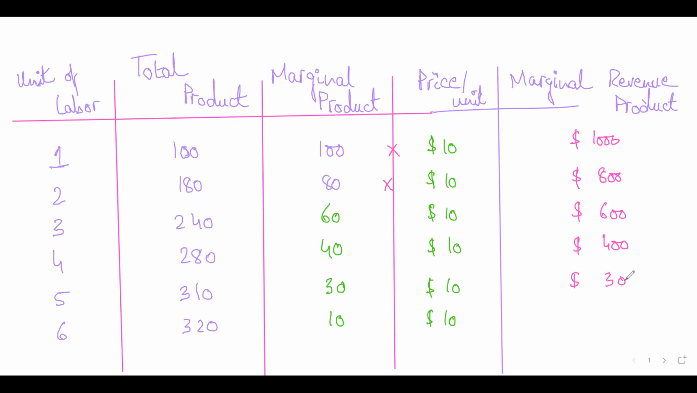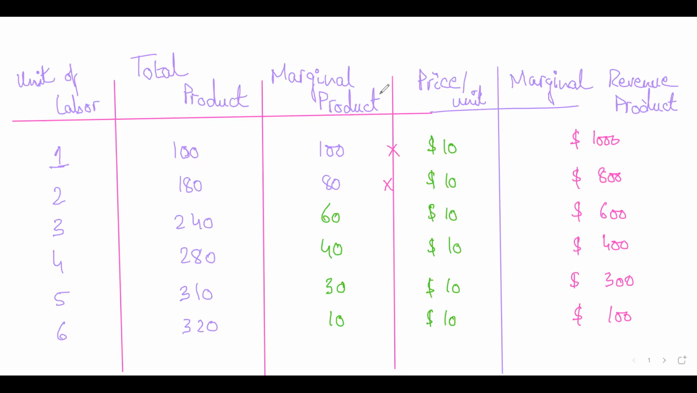MRPL is equal to wage, and now comes the main part. That's a very good question. Now, when we say that marginal revenue product of labor is equal to the wage rate of that labor,